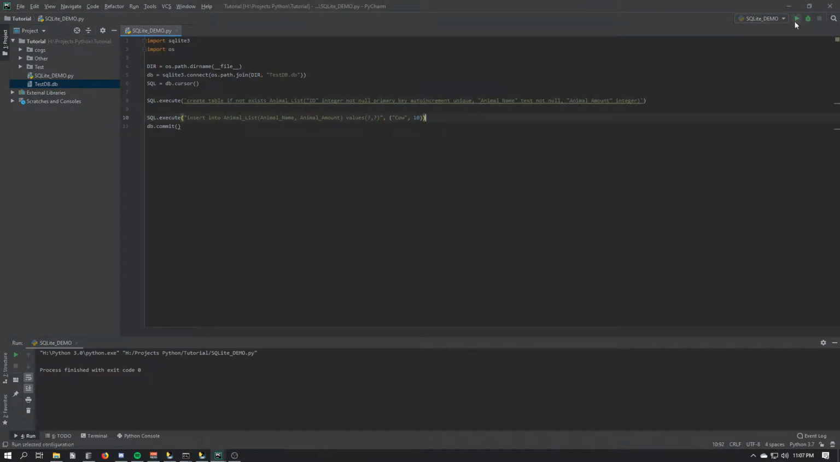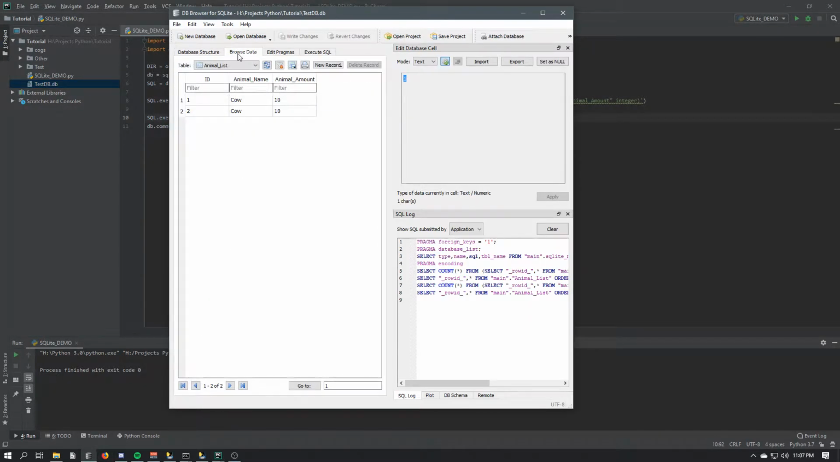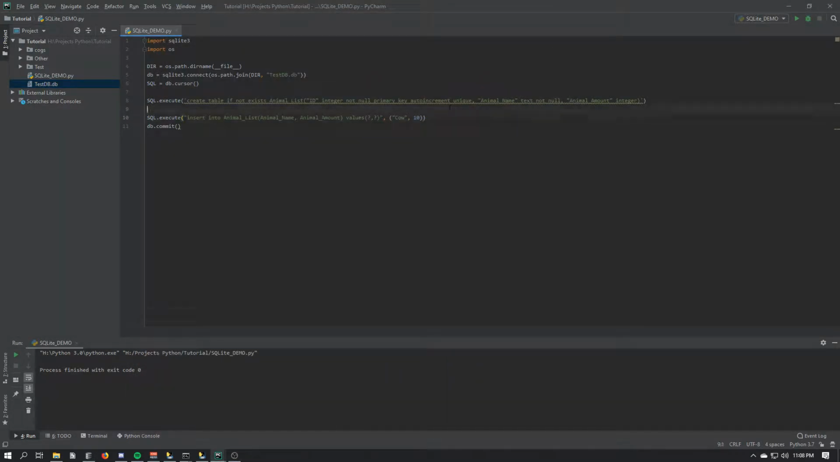The farmer goes, all right, well, I need to run my code again. All right, so he runs his code again. We'll come over here. We'll browse data. Oh, no. We have 2 cows, 2 10s, right? So what we want to do is we'll delete one of these and write the change first off, all right? What we want to do is kind of, after we do the create table if it exists, right, we want to